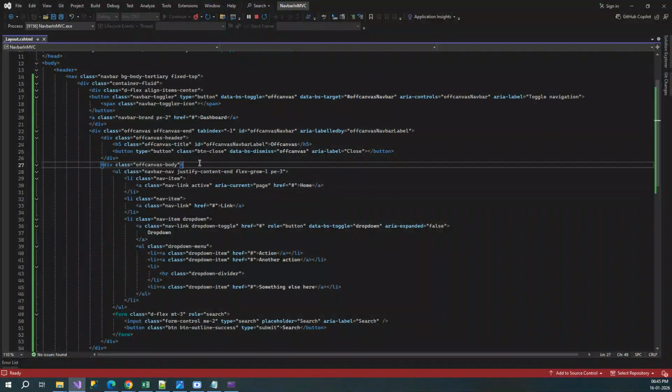Now to start the menu from the off canvas left hand side, we'll have to make a change over here. Currently it is starting from the end, so basically the right side. So here we'll have to add start. It should open from the left side. So let's go ahead